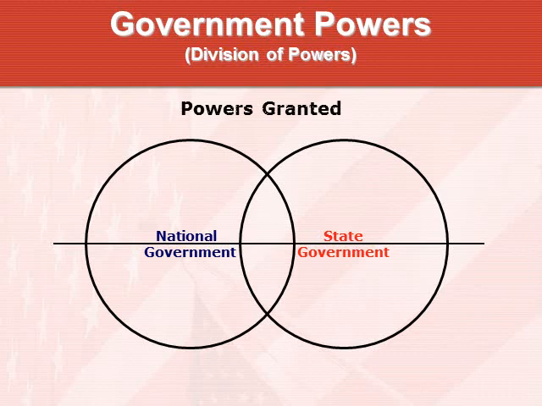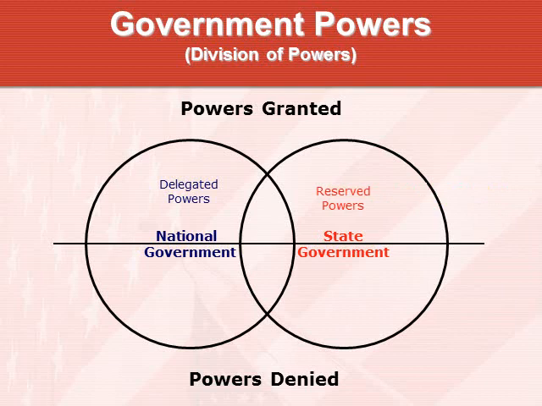The Constitution grants them certain powers, but it also denies them certain powers. The powers which are granted by the Constitution to the national government are called delegated powers. Those granted to the state governments are called reserved powers. They also have concurrent powers, powers which they both may use. Now, the delegated powers are